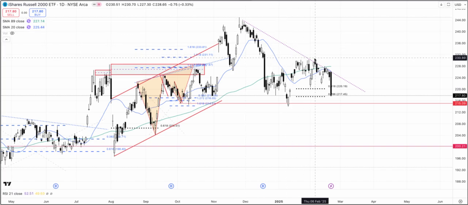And I can also see an ABCD, like an extended one right here. I'm not going to draw all the ratios here, but something like this actually. Here we go. And then we have an extended one right here. Not really too extended, but there we go. And we could have a pattern like this. So we could be looking at something like so. Let's see if we get a follow through to the downside here.